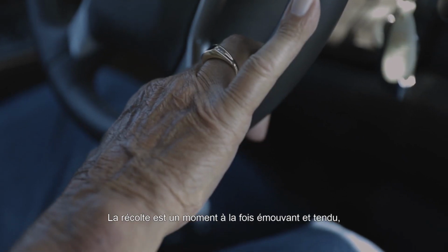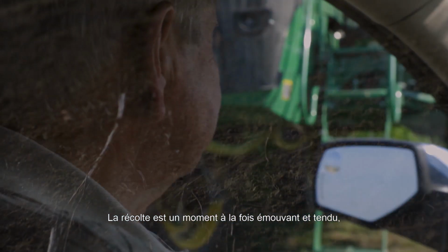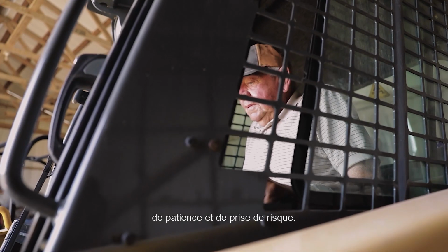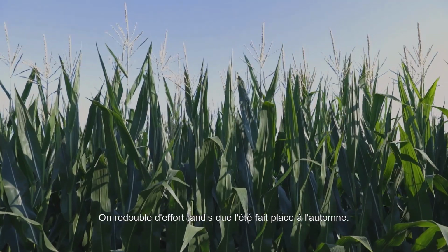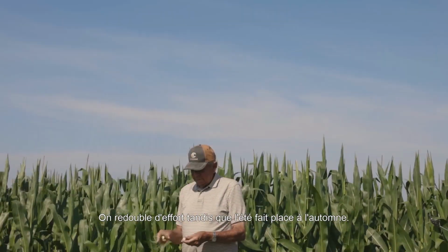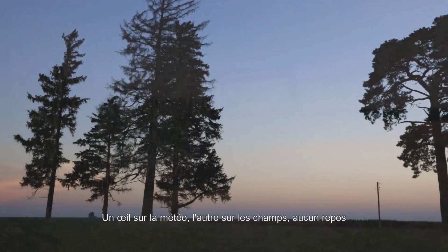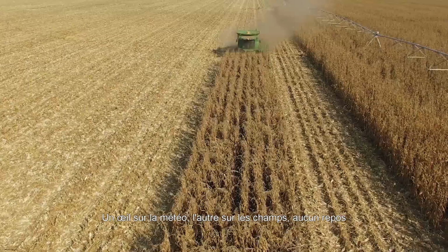Harvest time is both a soulful and anxious time in Iowa. It marks the culmination of so much work and patience and risk. Hearts and souls are poured into the job as summer gives way to fall. With one eye on the forecast and the other on the fields, rest is simply a luxury until the harvest